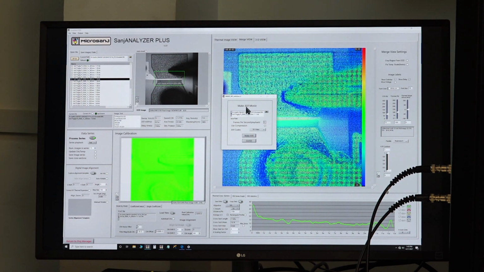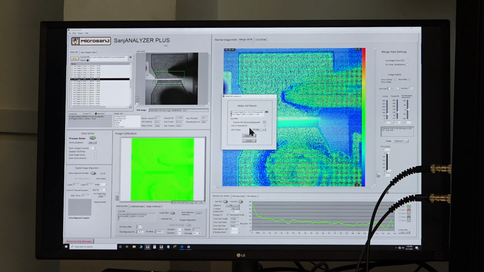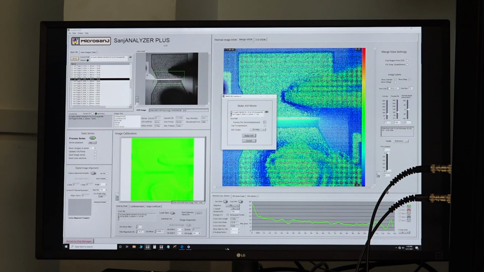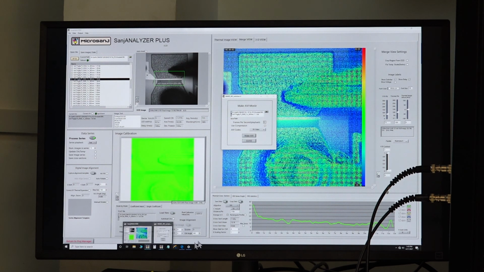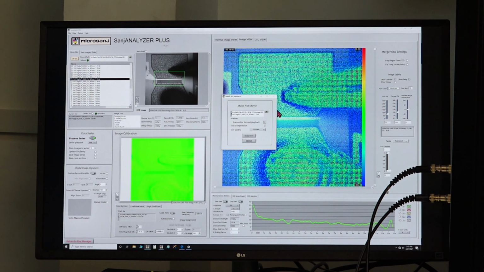So this will create a movie out of the transient. Once that movie is created, it can always be played back using any standard player.